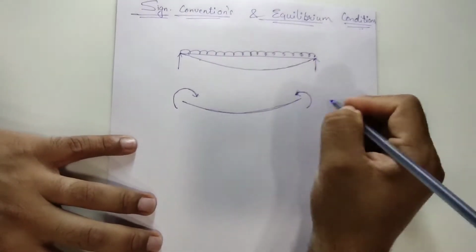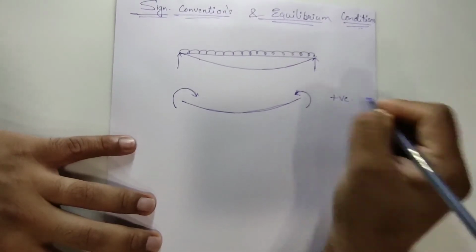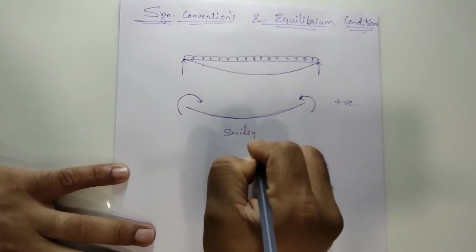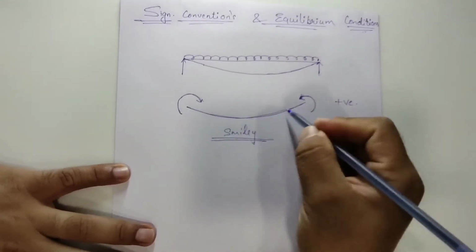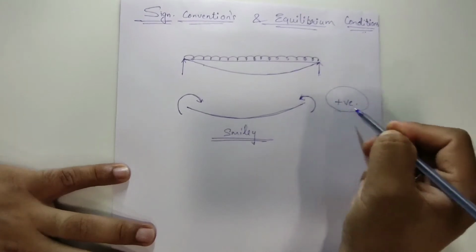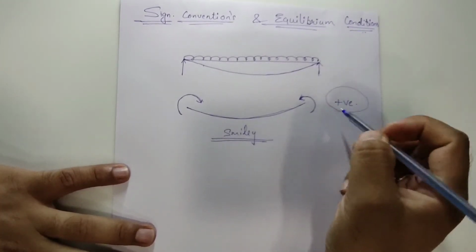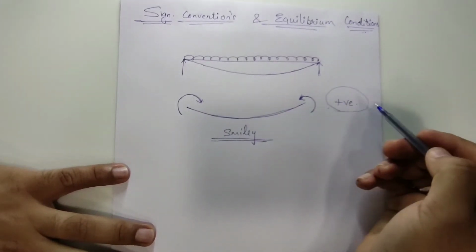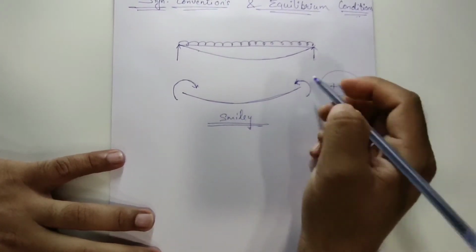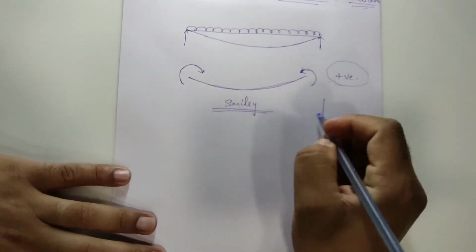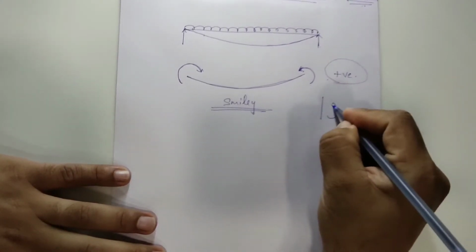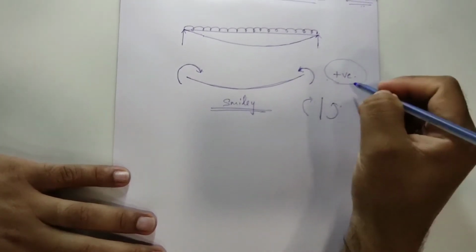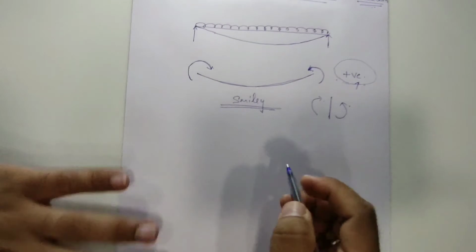Okay, so this sign convention I am going to take as positive, because this is just a smiley, which we all require in our life. Smile. Okay, so that is a positive thing for us also. So this is the best way to remember this kind of sign convention, that whenever we are smiling, that is positive for our nature. So in order to make that smile, what we are doing, we are applying an anti-clockwise moment from the right hand side and a clockwise moment from the left hand side. Okay, so that is positive in nature.